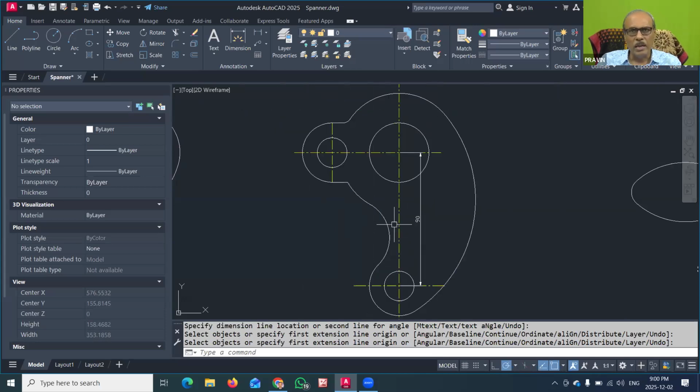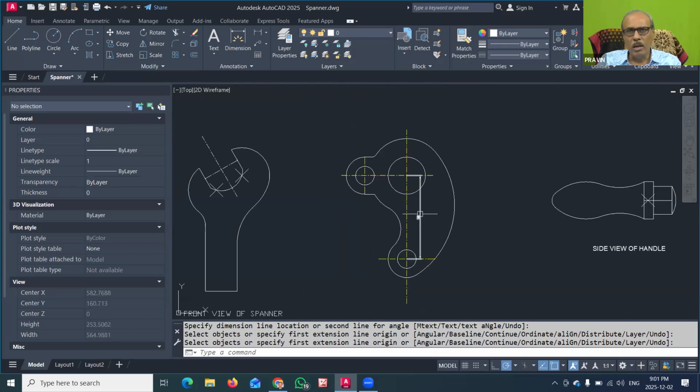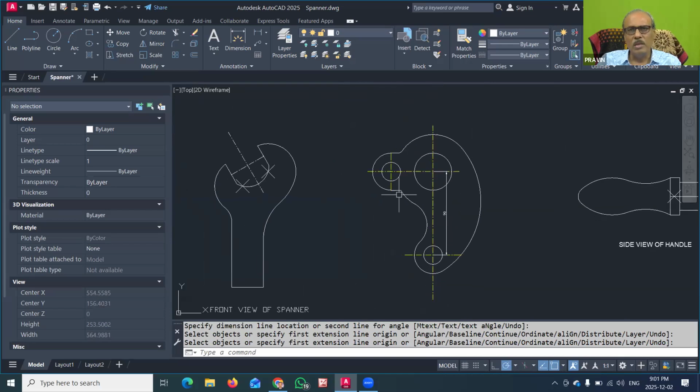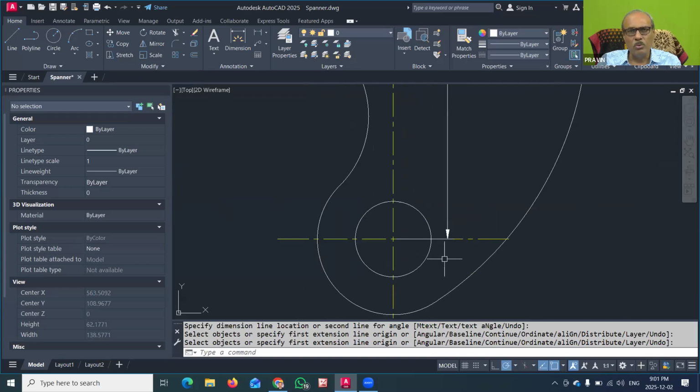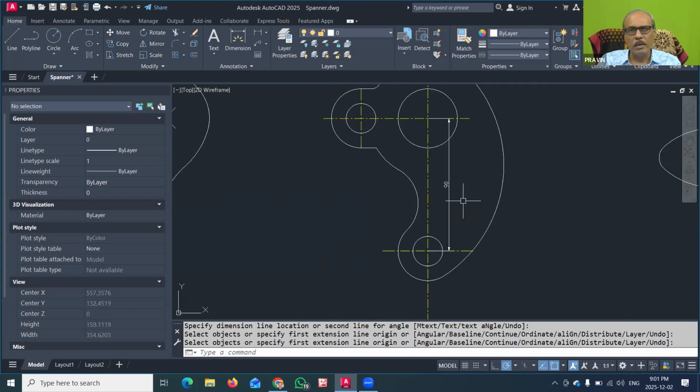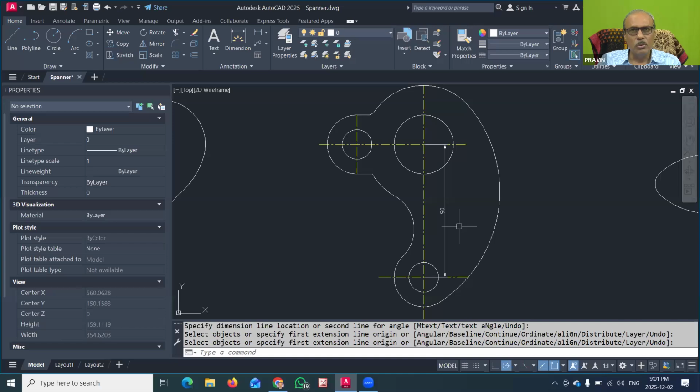That is one of the important things. You can also see that as far as the dimension of this drawing is concerned, the arrows are appearing properly. If you want to make some changes, that is also possible. So how to do all these things? First we have to understand that there are various types of dimensions that we can give in the drawing. First we will understand those, and then we will jump to the advanced part of the dimension command.